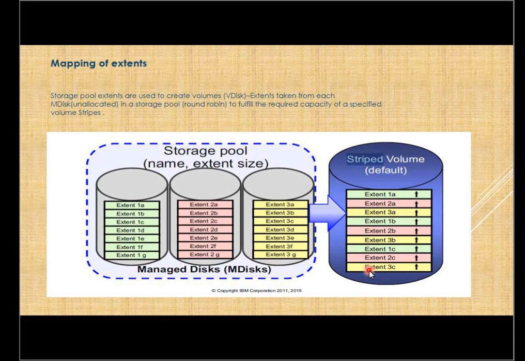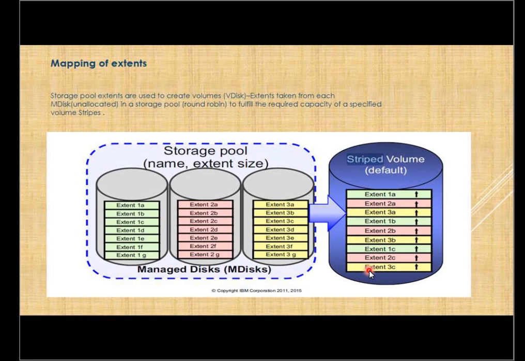Internally, when I say M disk, the RAID array will be created based on our requirement. Then it will be presented as an M disk. Similar RAID arrays will be formed as one pool. We won't combine RAID 5 and RAID 6 in one pool. Out of that, we will create volumes based on what type of applications you have, and the capacity will be allocated to you.